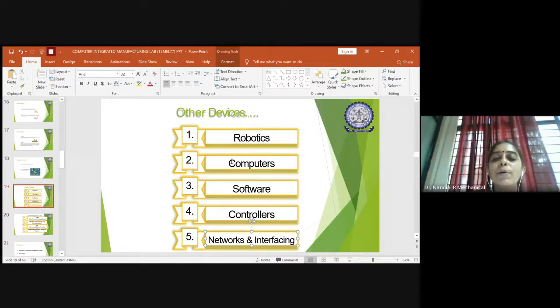With the help of computers, all the things will be integrated together, and with a good controller and networking system, you can fine tune extracting all the data needed and perform the task. So these are the devices essential to do manufacturing with respect to SIM.